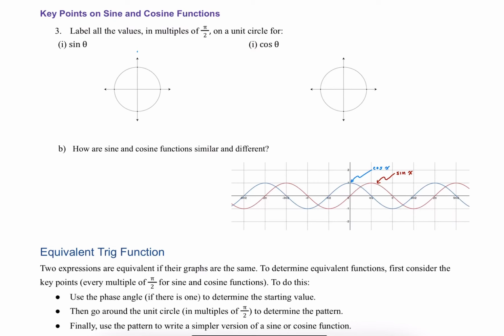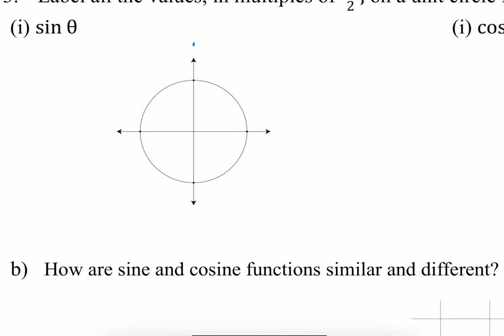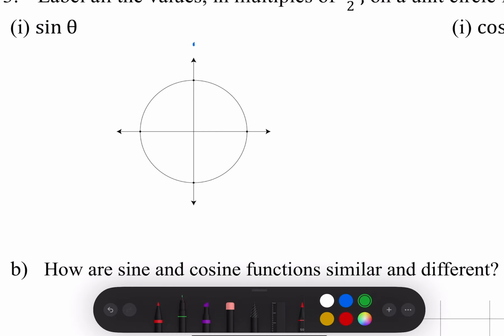All right, to understand equivalent sine and cosine functions, we first need to have a good understanding of the sine and cosine functions themselves, and specifically the pattern as you go around in increments of 90 degrees or pi over 2 radians. So if you look at the sine function here, it starts at 0, right? This is where we start. And then if you go to sine of pi over 2,